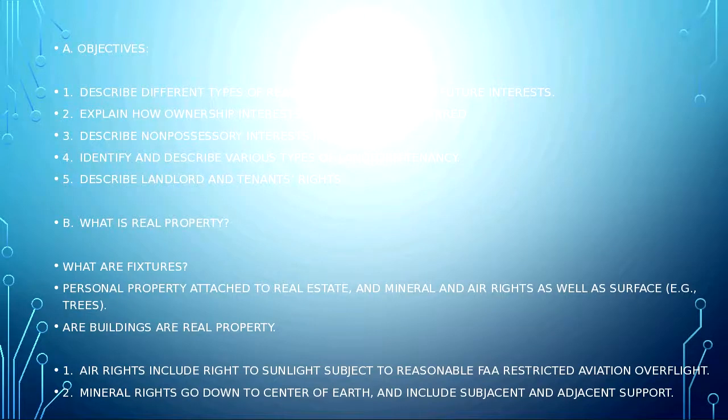Now, by having subjacent support rights, we're saying that, let's say, a neighbor who has property could not drill underneath his property into your property, creating obviously support problems for your property and maybe even your house. Adjacent support, same situation. Your neighbor would not be able to dig or excavate his own property if it would have an adjacent impact, negative in nature, to yours.